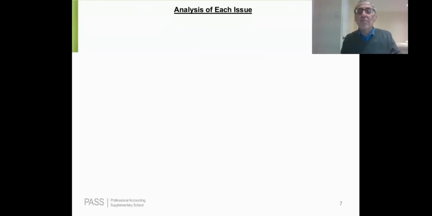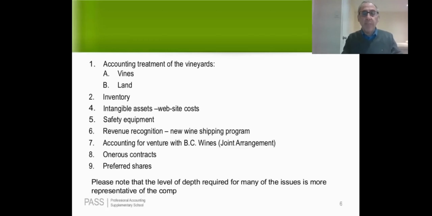Okay. Yeah, so let's go back now and look at a summary of the issues we just picked up. These are the various issues that we picked up, right? There's the accounting treatment for the vineyards, and there's really two sub-issues which I would have dealt with separately. One is the vines and one is the land. They were both treated as biological assets, and they should not have been. And in dealing with how they should have been treated, I would deal separately with the vines and the land. If you try to conflate the two, you're going to get less depth.